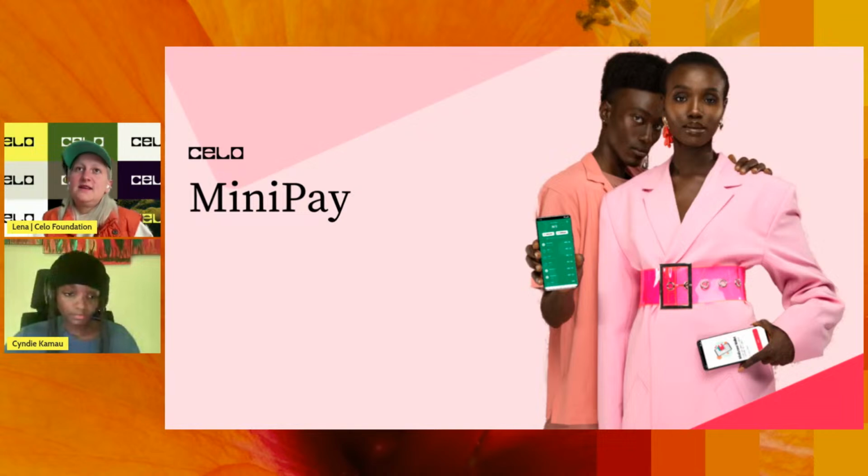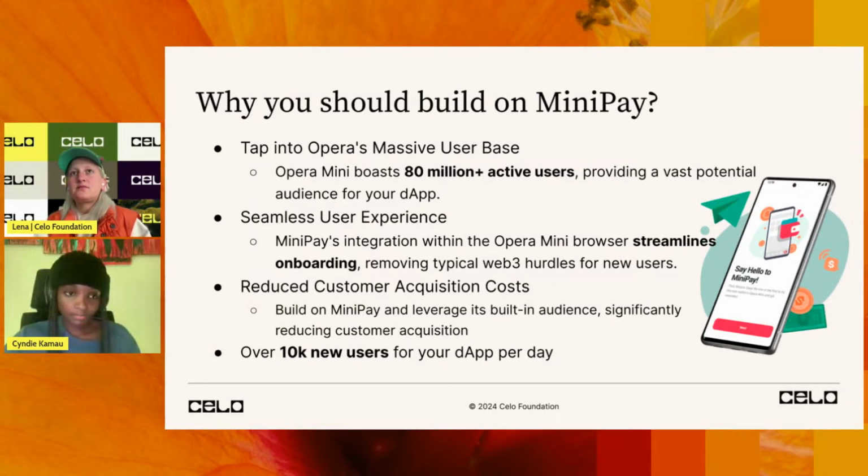What is MiniPay? MiniPay is a wallet that is integrated into Opera Mini Beta. It's a mobile browser currently available on Android, but wait for the roadmap. There will be more availability soon. We will show you later how that looks. The exciting thing here is that Opera Mini currently has 80 million users,